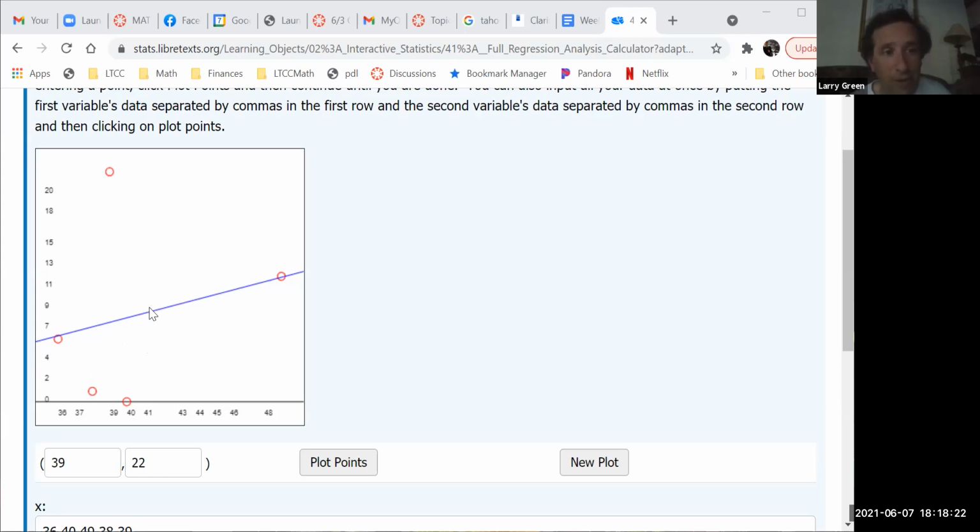In fact, you can maybe even draw a line that slopes down like that, and that might look even better. So these points are all over the place. When the points are all over the place, we say that there isn't much of a correlation. Whereas if the points are really close to the line, then we say yes, there is a strong correlation. And if the line has a positive slope, we say there's a positive correlation. If the line has a negative slope, we say there's a negative correlation.